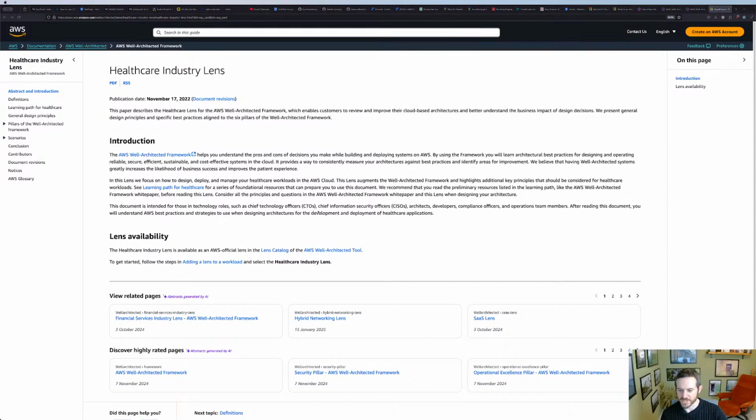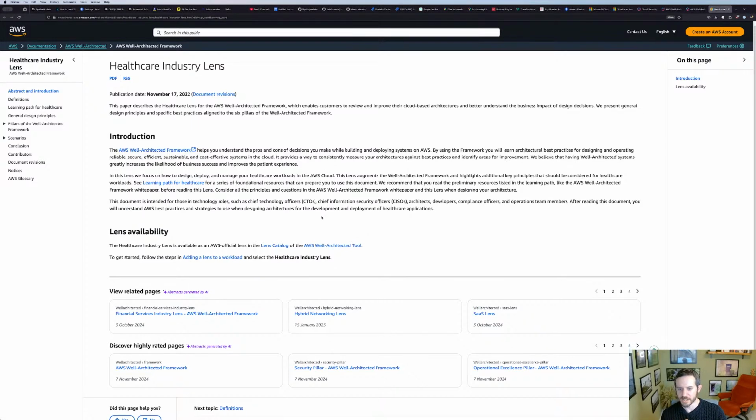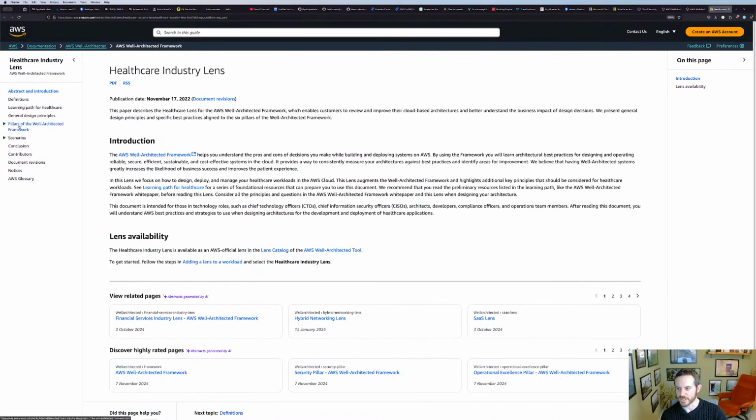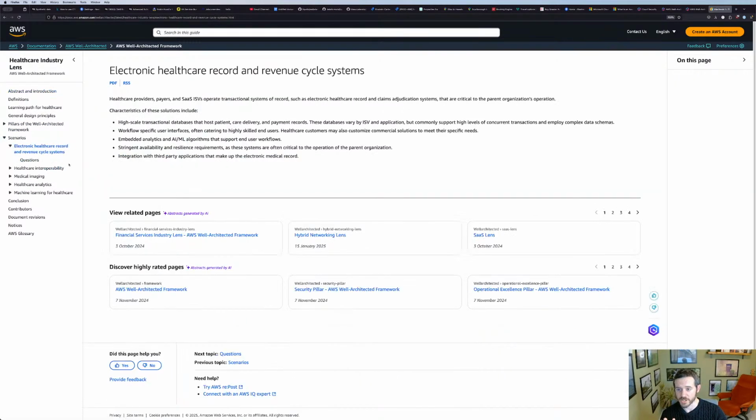And from inside of that, you can then go through how to add the lens as a workload and then deploy that stuff into your cloud. There's a lot of useful information in here.